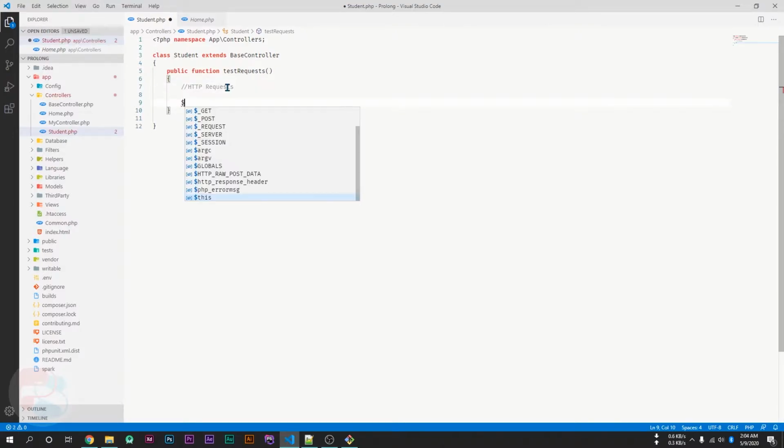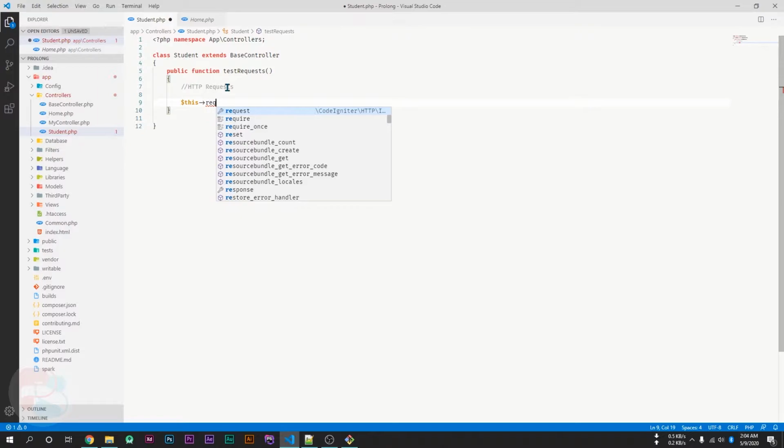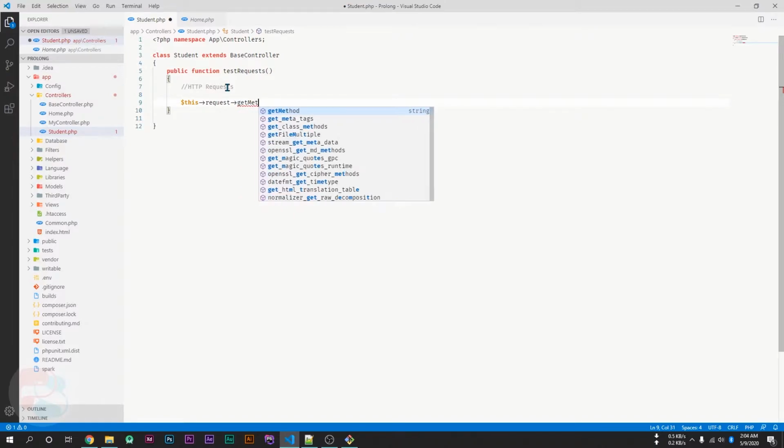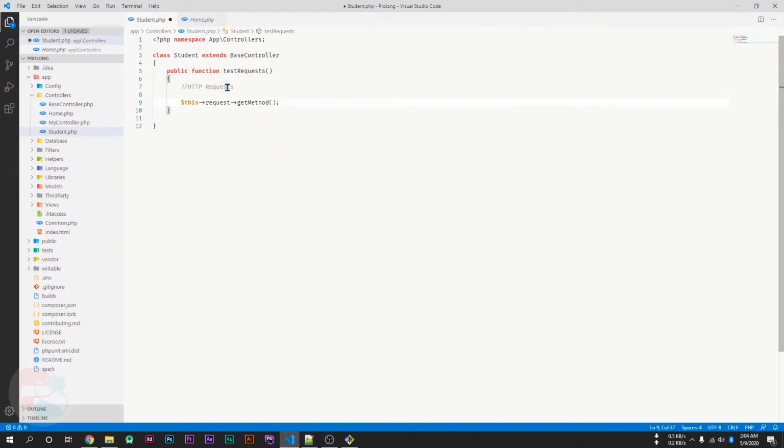As we discussed in our previous video, the request variable is available globally. And now we will learn about more functions in request, like the get method. This function will return the method like get, post, or anything else.